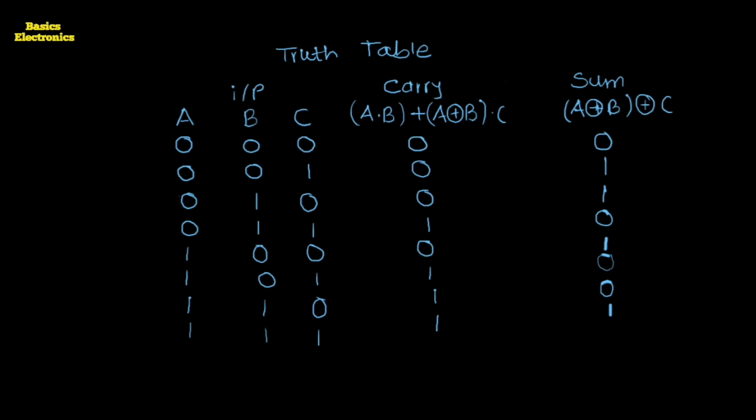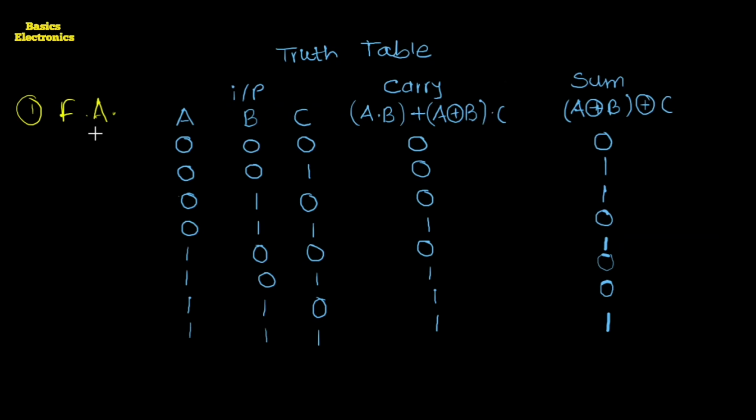Okay, this is the truth table of the full adder using the 2 half adders. This is the common table for both types of the logic circuits. Now we will see the writing sequence of this full adder in the examination. First of all, we have to write down the meaning of the full adder. What is the full adder?